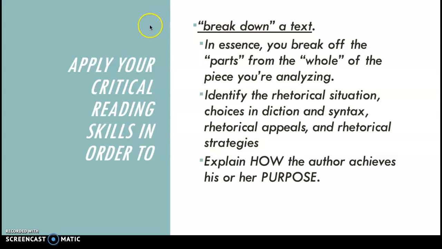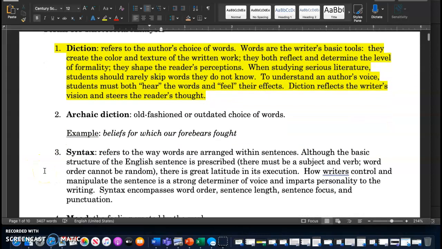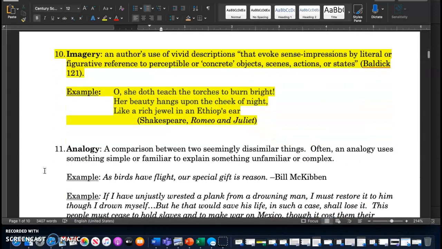You're going to identify the rhetorical situation just as you've done in your notes, and then you're going to use choices. You could use diction or syntax. You can use rhetorical appeals, ethos, logos, pathos, rhetorical strategies. The rhetorical strategies are some of those items in your terms list, and I will look there real quick with you. These terms for rhetorical analysis, terms like diction and syntax, tone, allusion, irony, imagery,